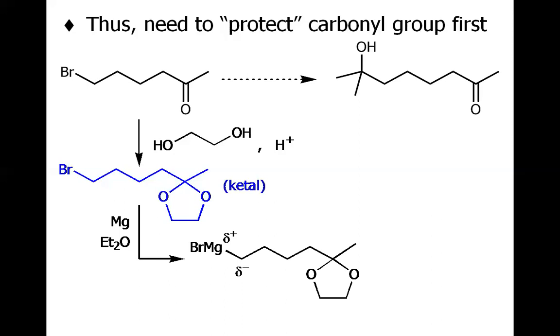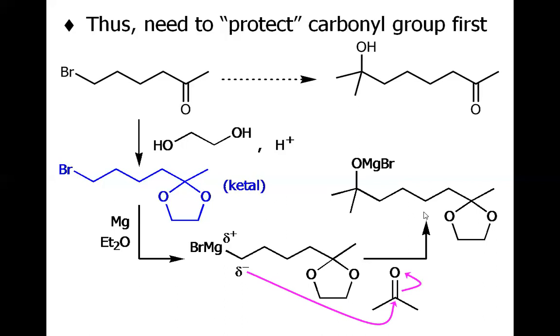So then make the Grignard reagent of this compound by treating with magnesium in ether to have this Grignard reagent. And now bring the acetone in the vicinity of this Grignard reagent to have the tertiary alcohol, to have this intermediate, which after workup will give you the tertiary alcohol. So at this stage, the Grignard reagent did not attack the carbonyl carbon, because it is no more a carbonyl carbon. Rather, it is a masked carbonyl, that is a protected one.